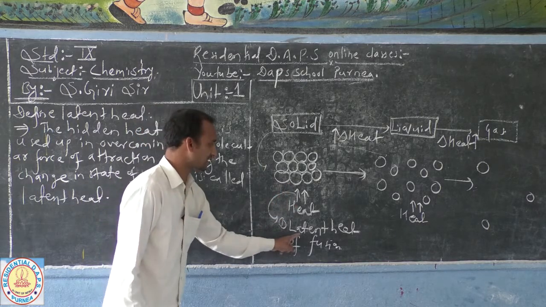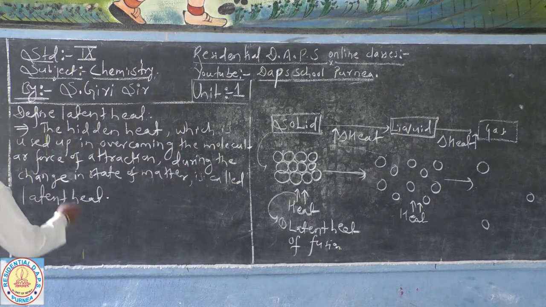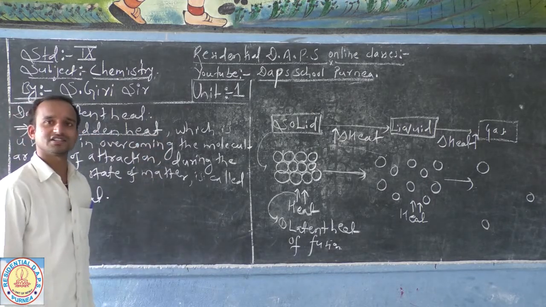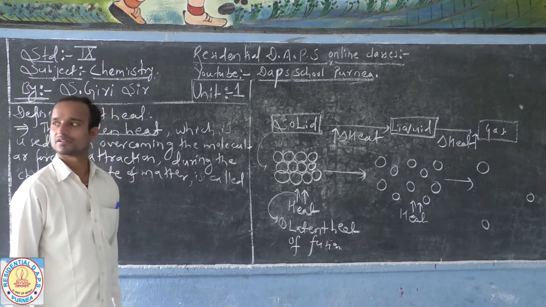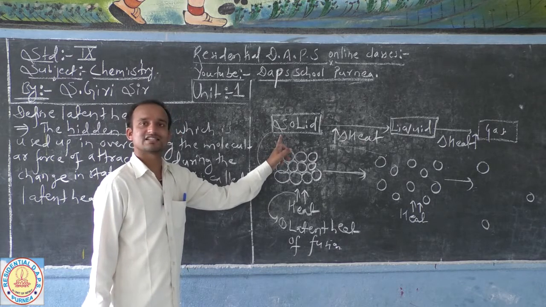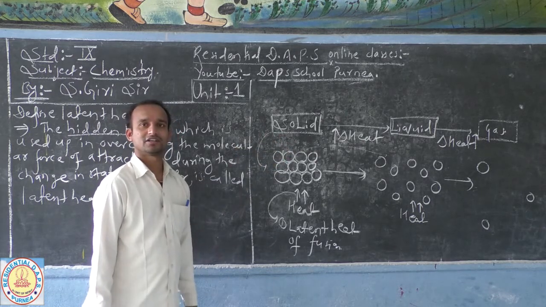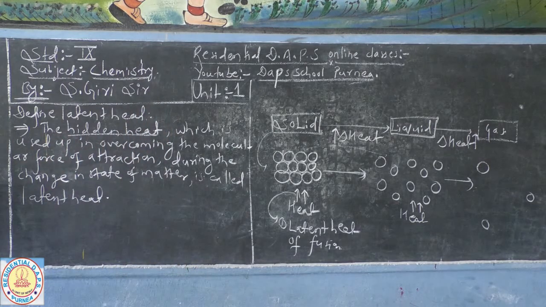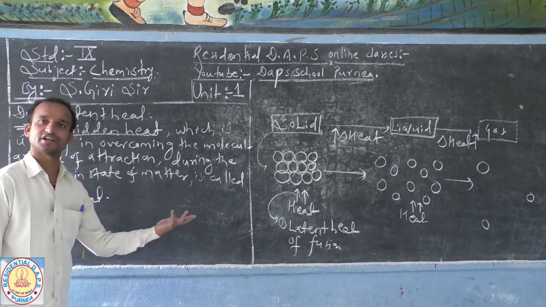Now, this heat energy used up to break the molecular force of attraction is known as latent heat, and it is also called hidden heat. Why? Because this heat energy does not have any effect on temperature. It doesn't raise the temperature even by 1 degree Celsius. So this heat is said to be latent heat, because here is the definition. The hidden heat which is used up,